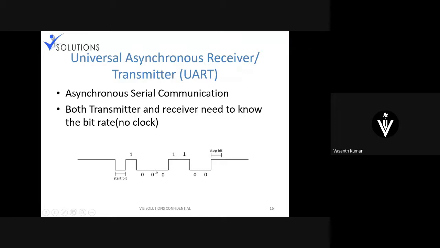Whatever comes next is considered the next bit, and once again the next. This is basically how it works.